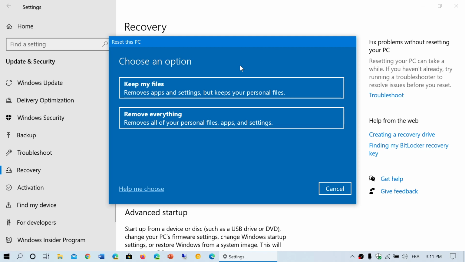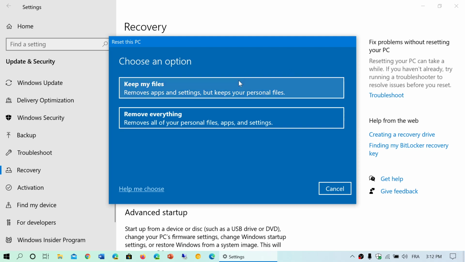None of these two options will keep your programs. And honestly, if your PC isn't going well, if your PC has any glitch that wants you to reinstall Windows, you'd better not keep your programs, because oftentimes keeping your programs, your software, is also what's keeping your PC from working well. I've often said it in the past, the majority of Windows problems are not Windows related. They are the software and the drivers you have. So if you keep those, you're keeping your problems. So by removing apps and settings, it actually will probably make your PC run better.